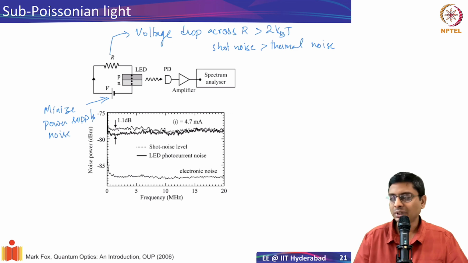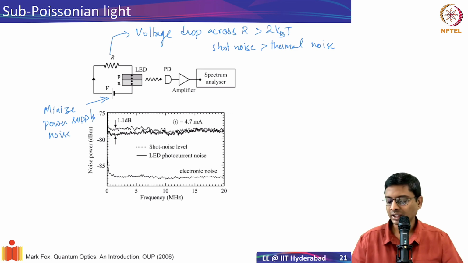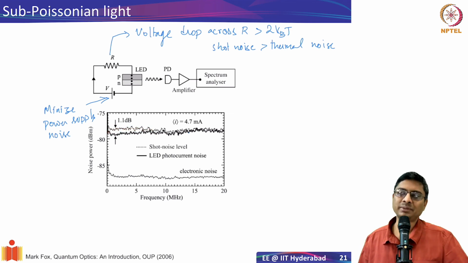If you do that and you have photons that are generated from here and you look at the statistics, it turns out that in this picture, this is an experiment which was done wherein you see the shot noise limit, which is this dark one. And then this is the photocurrent noise, and the shot noise limit is shown here on the top. And you see that you are actually measuring noise levels below the shot noise limit. And that is an indication of basically a Sub-Poissonian light source.